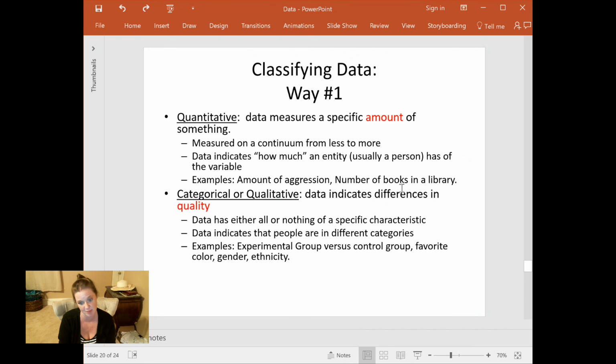All of these are quantitative variables versus categorical variables, qualitative variables, right? Where it's either all or nothing. You either are in the category or you aren't. For example, independent variables from experiments are usually categorical or qualitative. You're either getting marijuana or you aren't. Someone's favorite color, right? The variable is favorite color, and when they answer the question, they're going to tell you red, green, blue. I might keep track of the fact that there are 10 people who like blue and 5 people who like red. It's still a qualitative categorical variable.